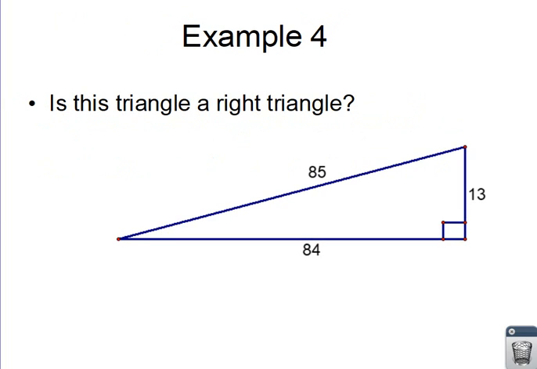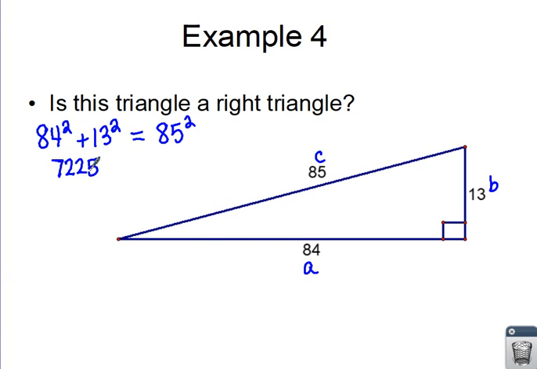Okay, so then I give you this triangle. I put a box on it. Maybe I shouldn't have, I don't know. But we can call this A, and we can call this B, and we can call this C, and let's check it and make sure that it actually works. So we do 84 squared plus 13 squared equals 85 squared, and we're going to do some math. So 84 squared plus 13 squared gives me